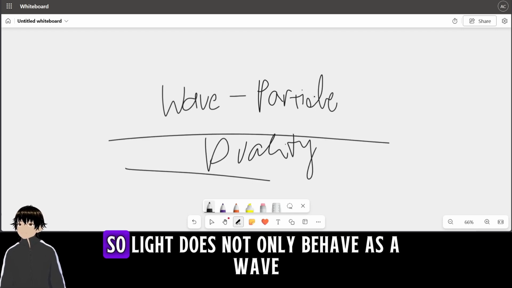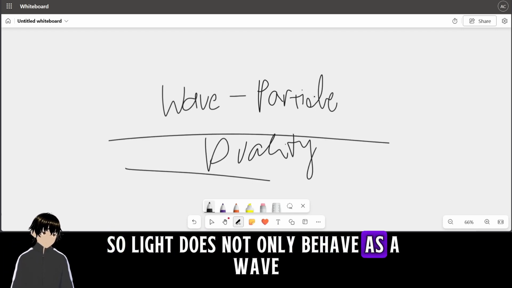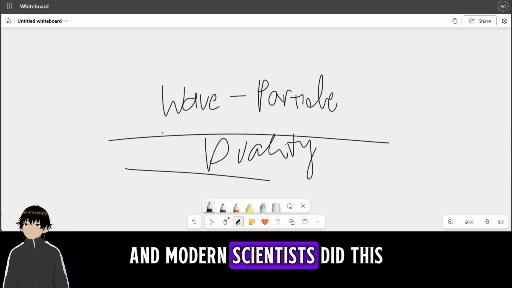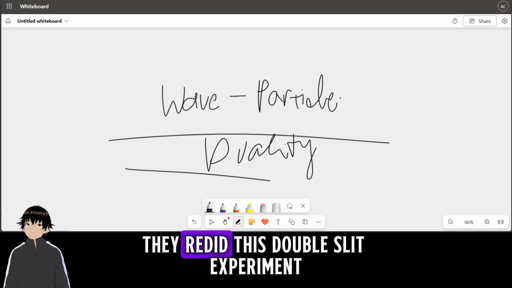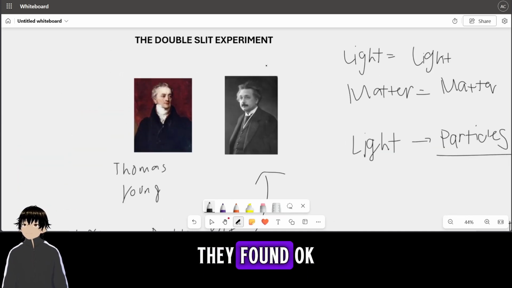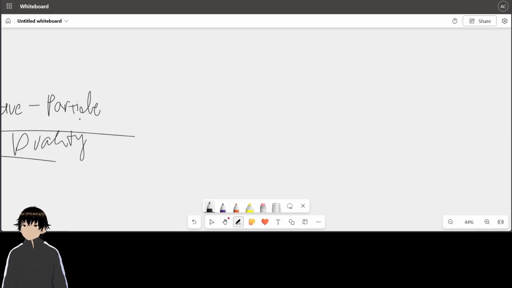So light does not only behave as a wave, but as a particle as well. And modern scientists redid this double slit experiment. They found that